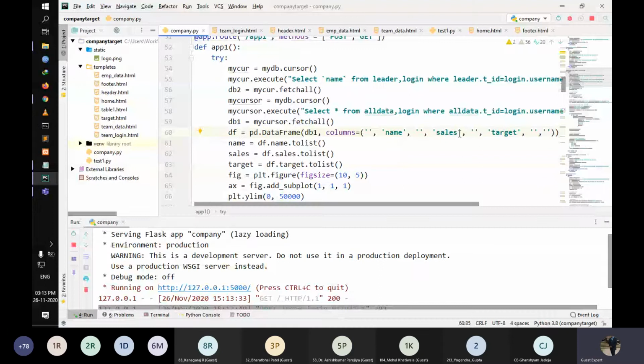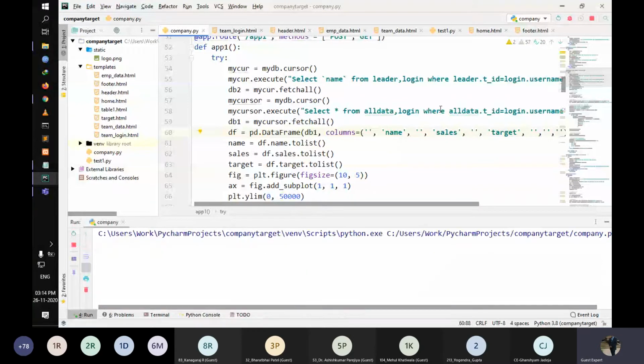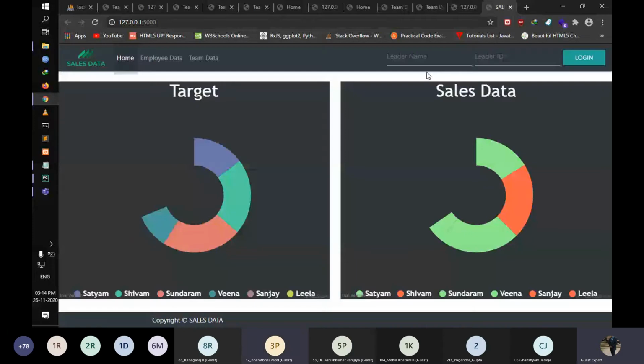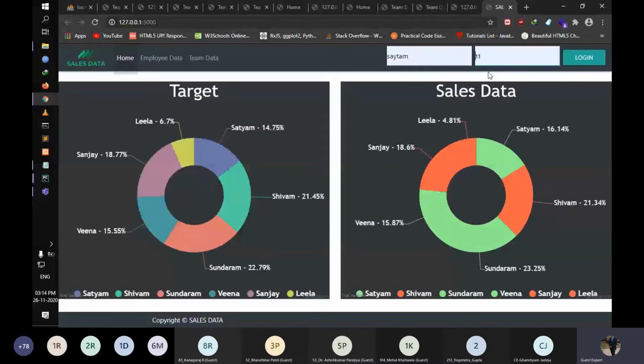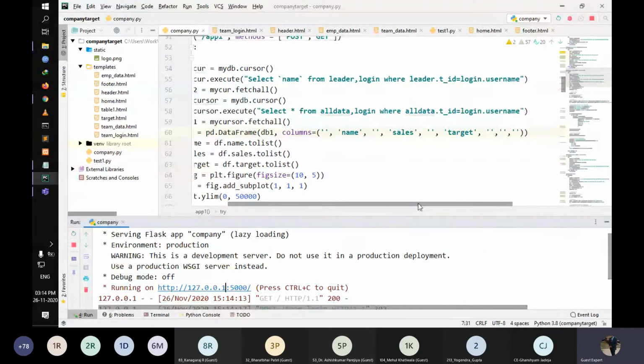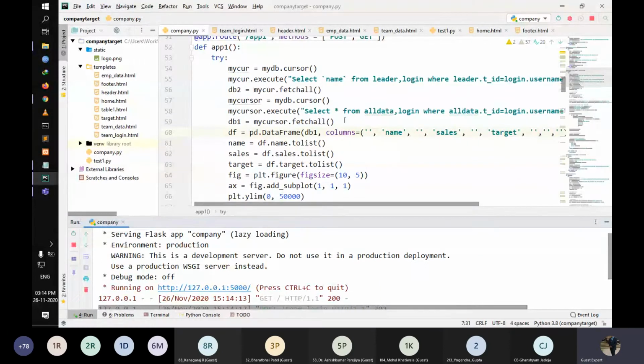Just a moment. I've changed the database, so it's asking for one more value. Let's just run it. Go here. Login. And you see, this is what we are trying to do at the moment. There's no difference in the code that we are trying to use. It's literally the same code.